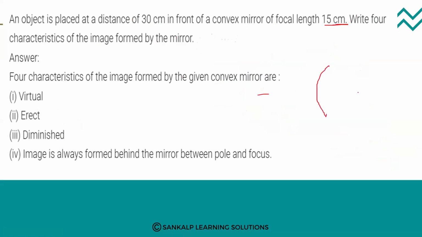The object is placed 30 centimeter in front of the convex mirror, and the focal length is 15 centimeter. The 4 characteristics of the image formed by the given convex mirror are: